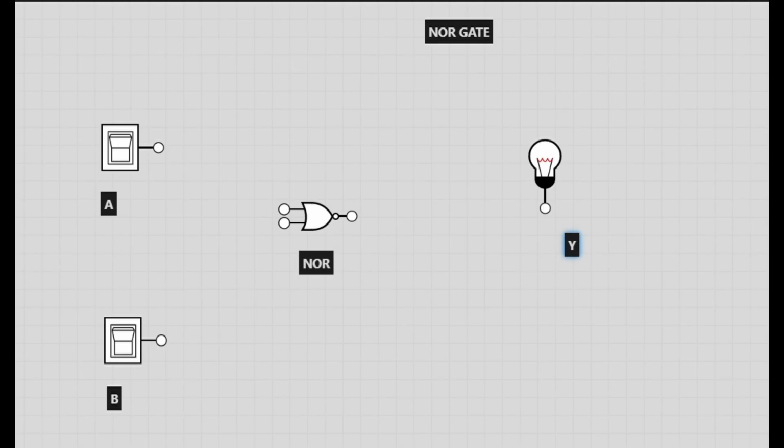Now we are going to see the simulation of NOR gate. For that you need to take 2 toggle switches as input, 1 NOR gate and fix it in the middle, and a light bulb as an output. Now we have to give connections to the NOR gate to see the output. First we are giving 1 0 and the output is 0, and 0 1 output is 0, 1 1 and the output is 0, when it is 0 0 and the output is 1.